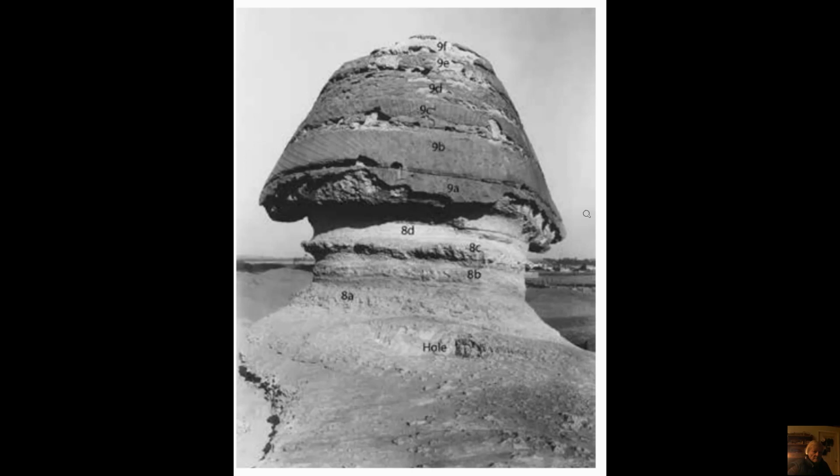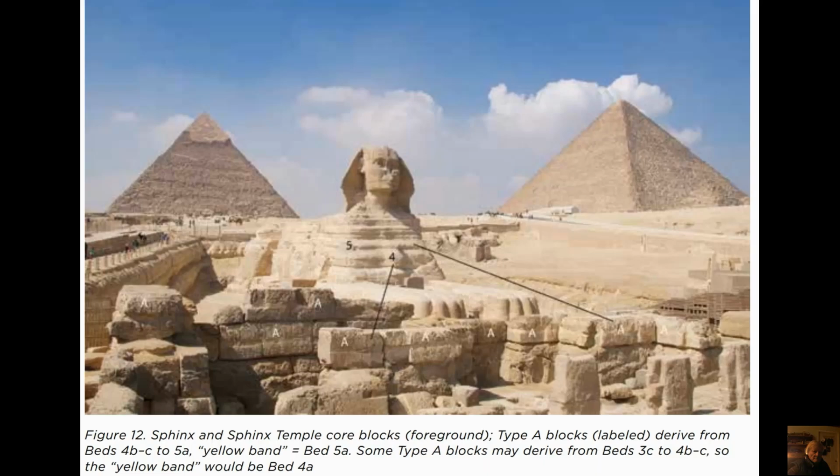And here's the back of the head. This whole top part is the member 3 limestone, and then it gets softer as it goes down and graduates into the member 2, which is easily eroded. So like I showed before, all of these blocks have been accounted for, and when you look, they can tell where they came from,